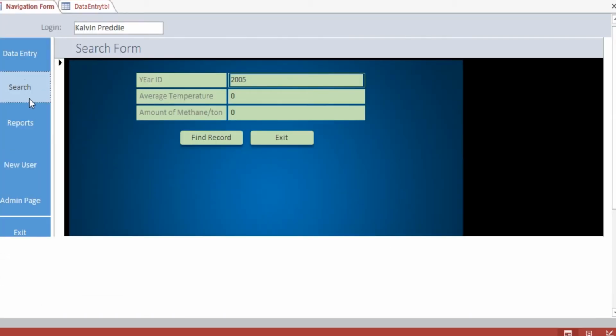The Search tab allows the user to search relevant information pertaining to particular years. An example of this is shown.